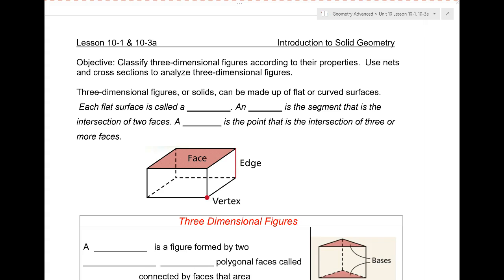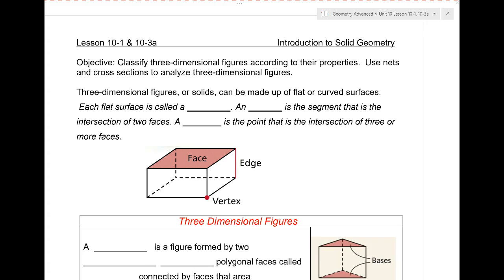So this chapter is all going that way. A lot of terminology I'm going to expect you to know, a lot of definitions. So today is a lot of definitions and kind of filling in a little bit of gaps that you need to have to be prepared. Are you guys ready to go? All right. So with this first one here, we're talking about three-dimensional shapes or solids, or flat or curved surfaces,